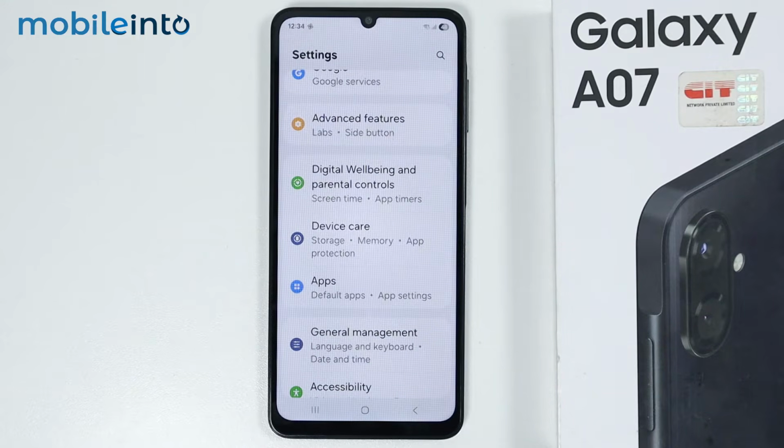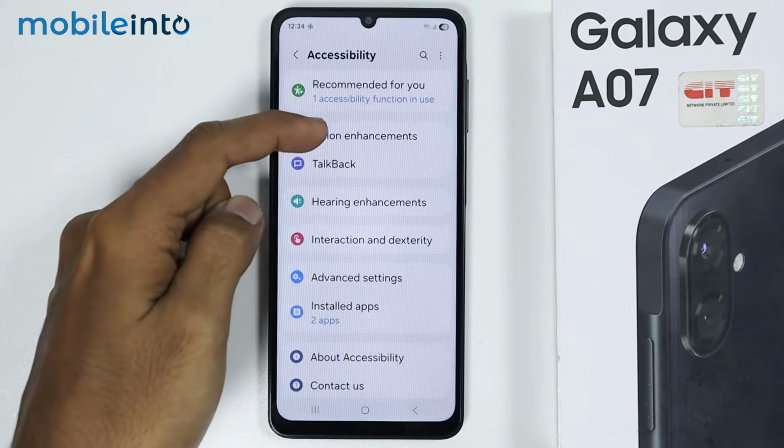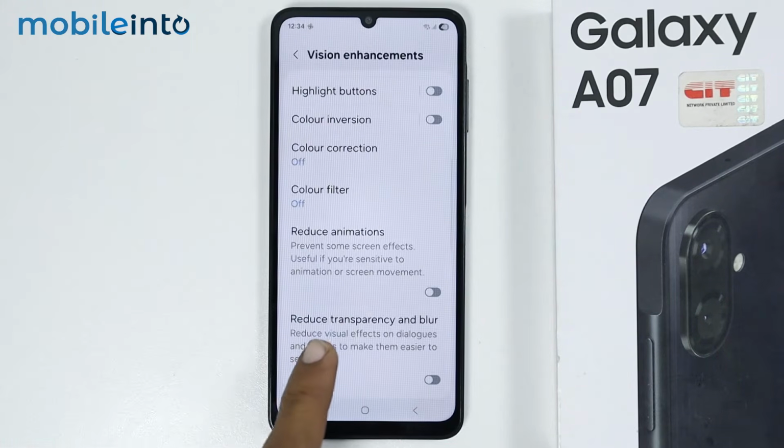Now in the main settings page, just tap on Accessibility. Then tap on Vision Enhancements, and enable Reduce Animations. Now, if you have done all that and if this did not fix your issue, then this could be a